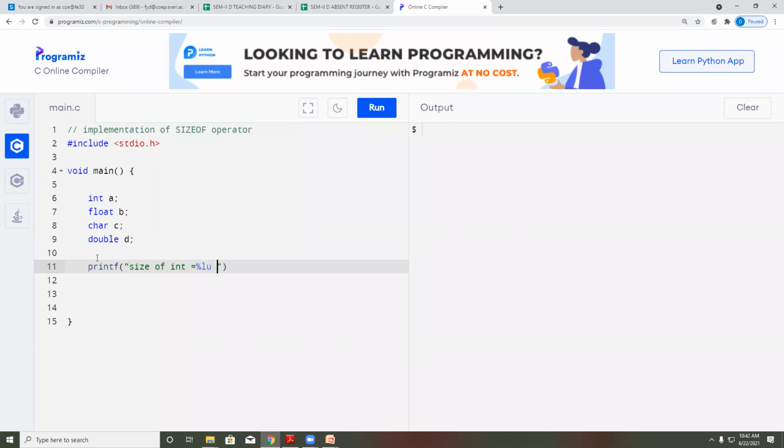This lu is used for long unsigned integers. Basically, the size will be stored in the form of unsigned integers. Then sizeof what? a.